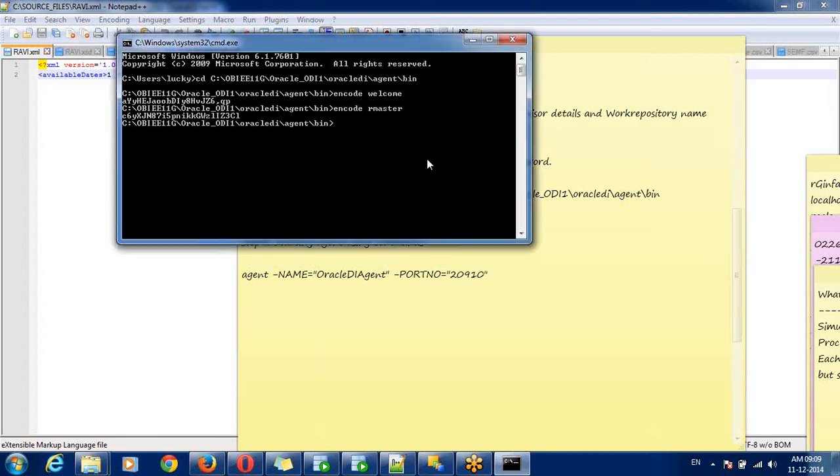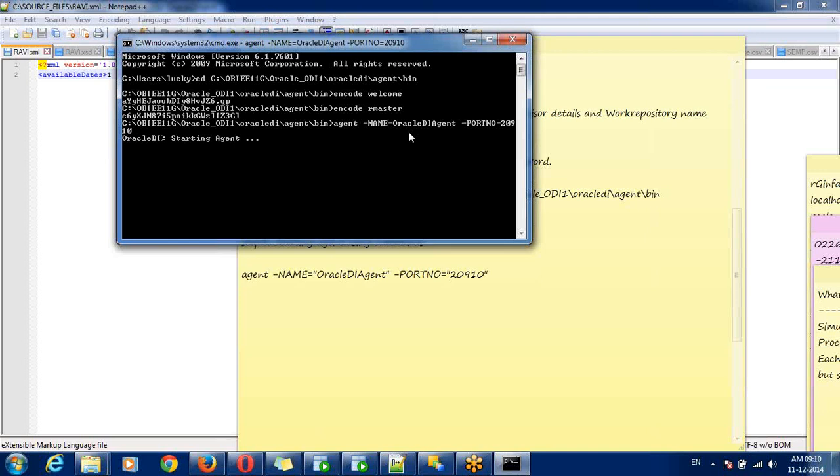Then type agent, then the port number, and click on enter. Now it is starting the agent.